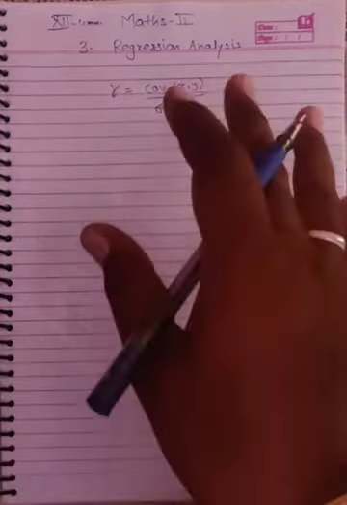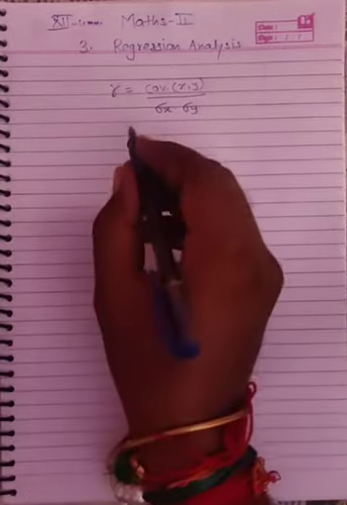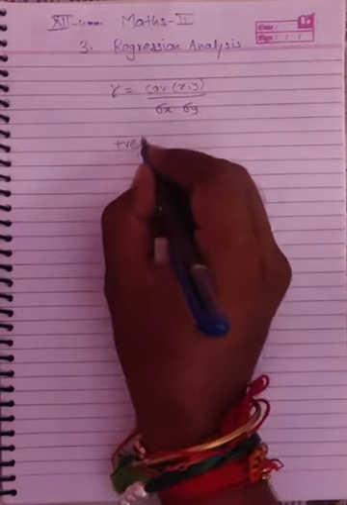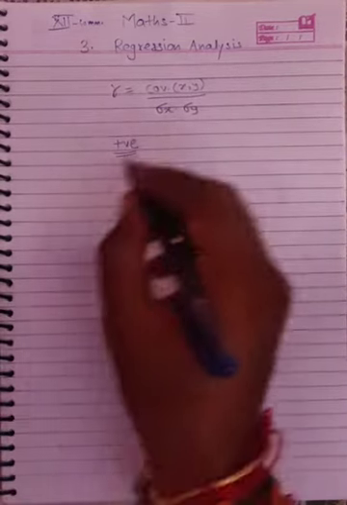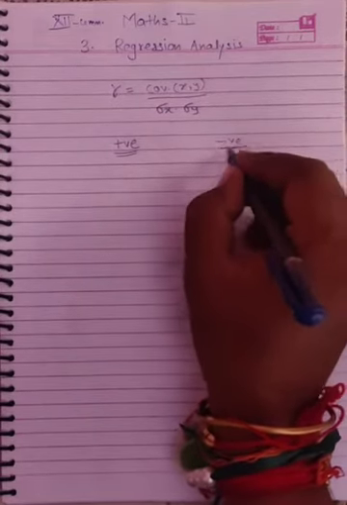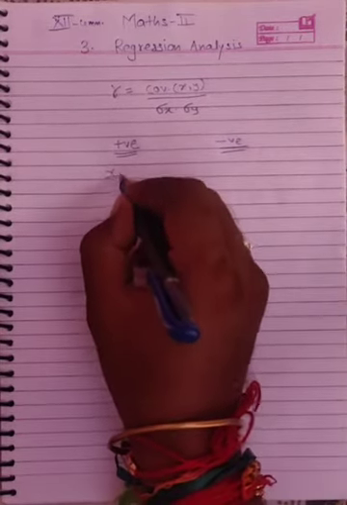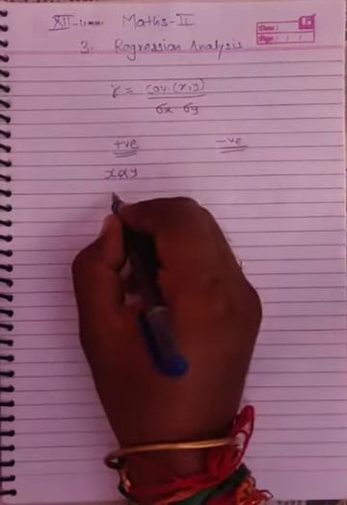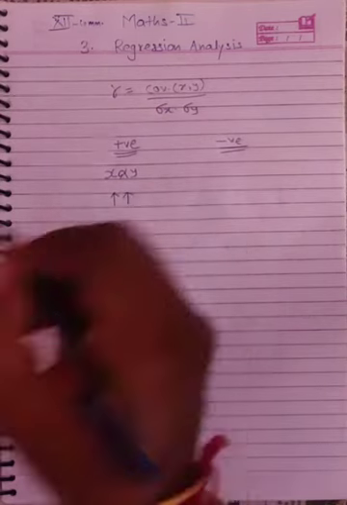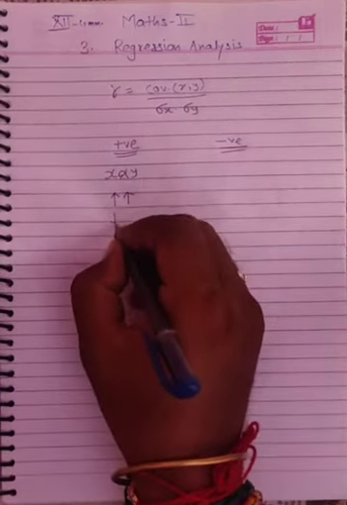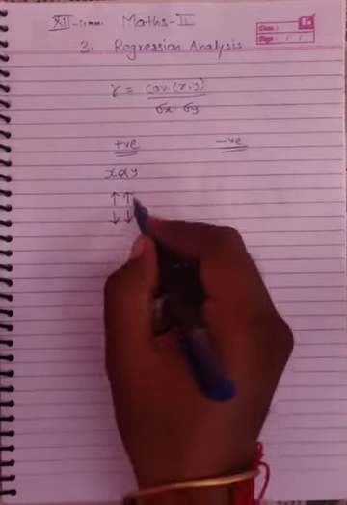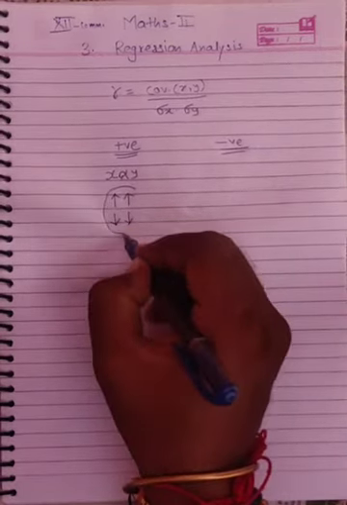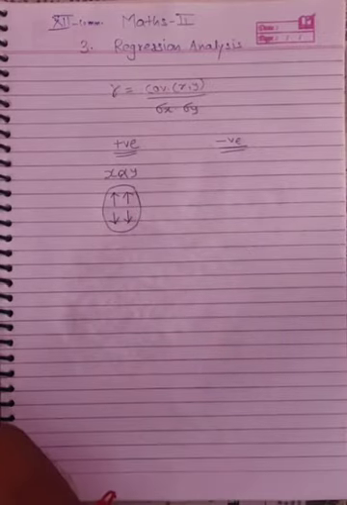So what is correlation? Correlation denotes the association between two variables, say suppose x and y. Correlation is of two types, positive correlation and negative correlation. In positive correlation, two variables are directly proportional to each other. Directly proportional to each other means what? If y increases, then x also increases. If y decreases, then x also decreases. Such type of relation is known as positive relation or directly proportional between two variables.